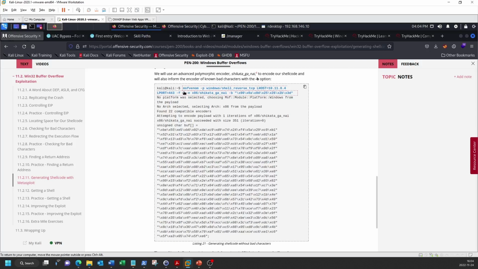However, this won't work. You'll need to take the output and put it into a Python script. You'll also need to adjust the syntax to be in Python format rather than C format, which is why I use -fpy rather than -fc. There's no point doing a manual conversion when MSF Venom can do it for you. You can then use your script to generate exploit.txt as I demonstrated earlier.